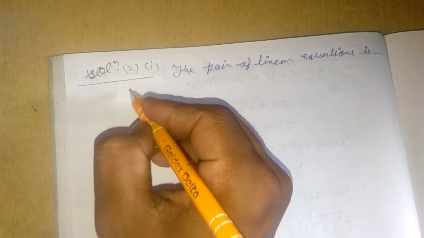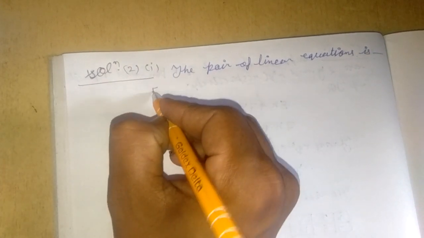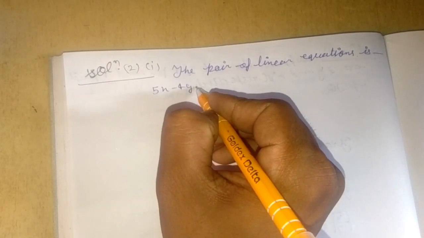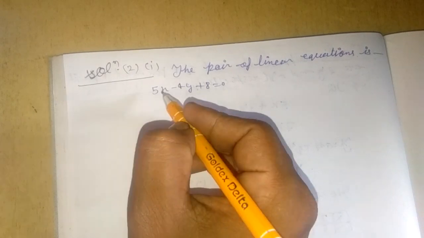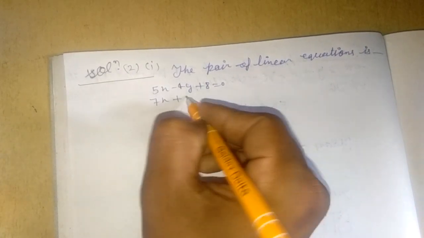Solution, second. First of second. First line we will write here: the pair of linear equations is 5x minus 4y plus 8 equal 0, 7x plus 6y minus 9 equal 0. Okay, so here